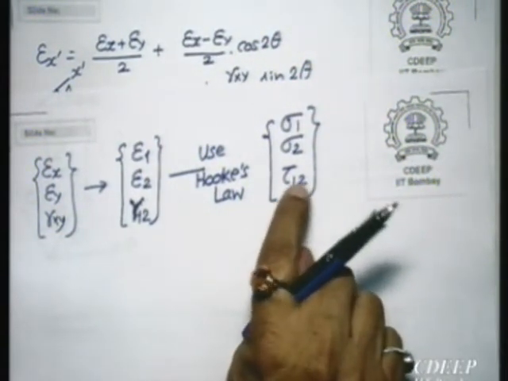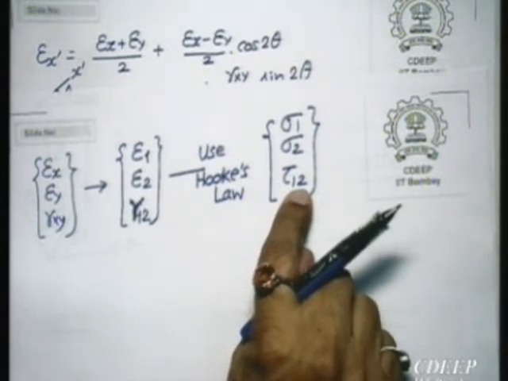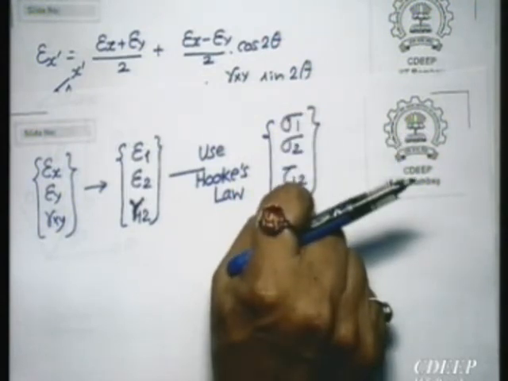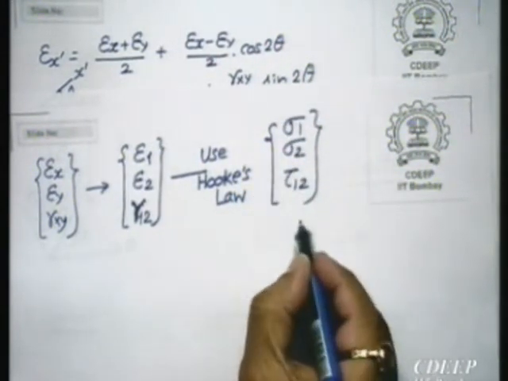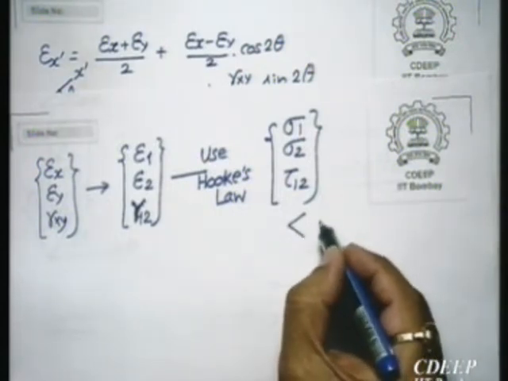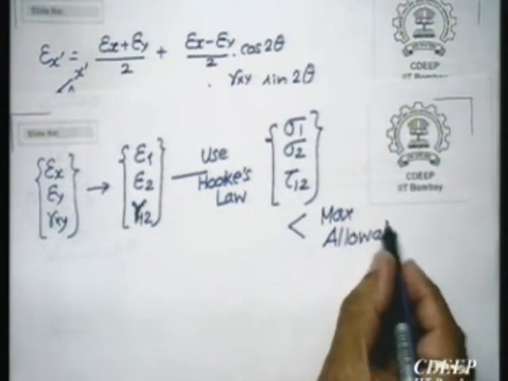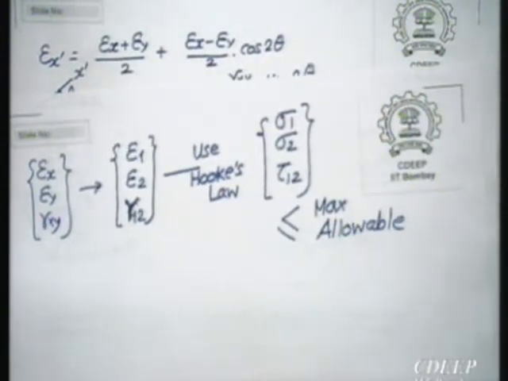This is the maximum tau 12, maximum shear, maximum normal, minimum normal, that you please find out. Then these can be checked to be less than or equal to the maximum allowable. So this is how we find out or check our designs. This is the use of learning the state of stress and strain in the theory of mechanics of solids.